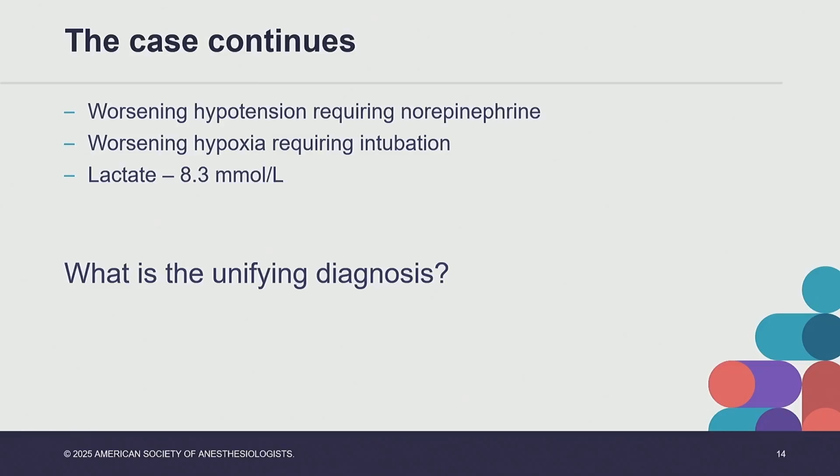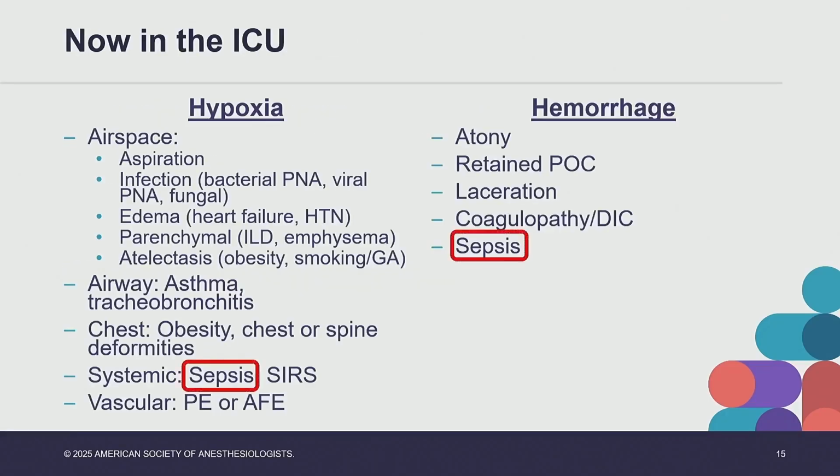And this is a patient who had worsening hypotension, got started on a norepinephrine infusion, gets moved to the intensive care unit. Hypoxia gets progressive because we're giving more volume and requires intubation. And then we get some more labs back, and the lactate's 8.3. And so this is where putting the whole picture together can be helpful, because this is what sepsis